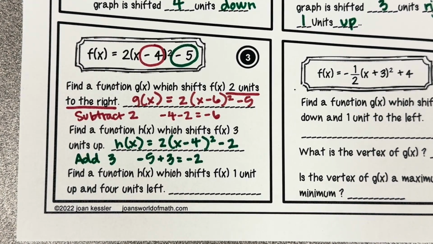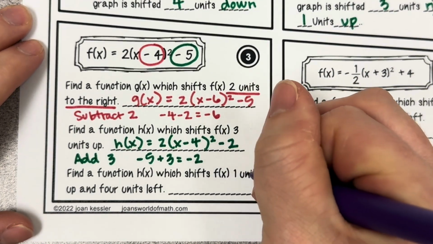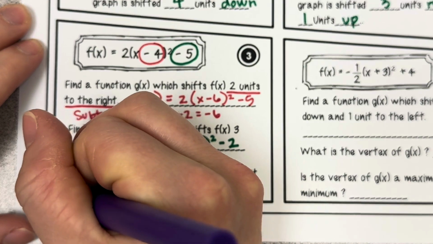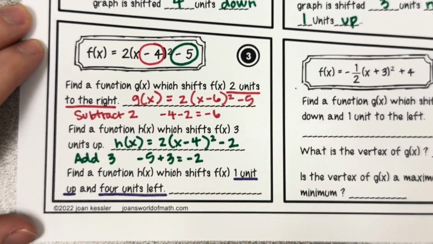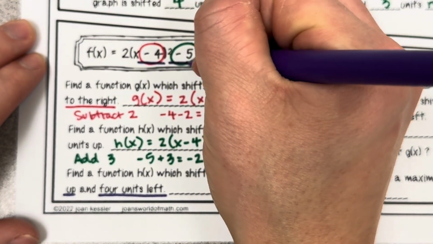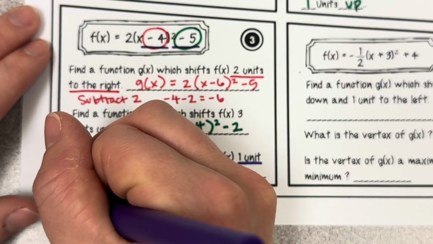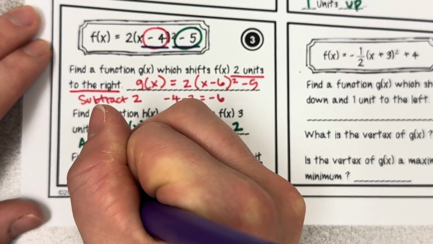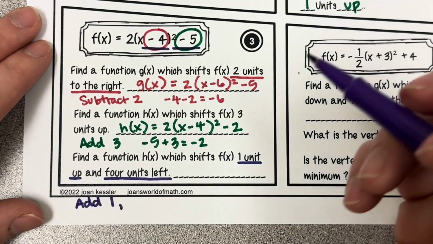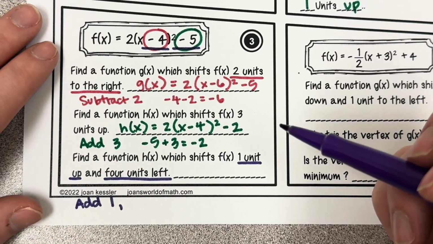Okay, last one, it says find a function h of x which shifts f of x 1 unit up and 4 units left. Okay, so this means we are affecting everything. 1 unit up means we are adding 1. So I'm going to write this down here, add 1. And then 4 units left would mean we are,